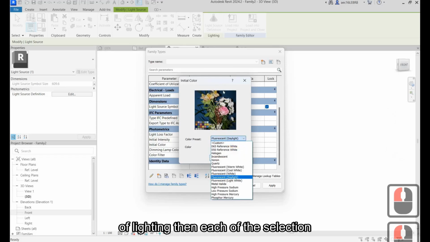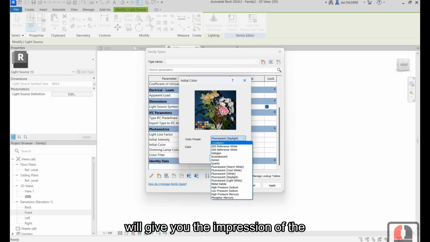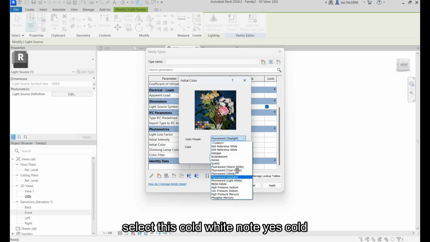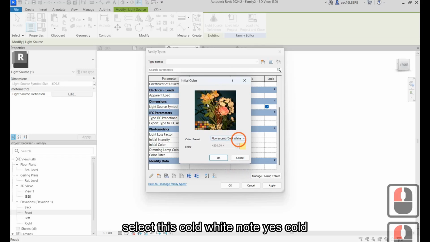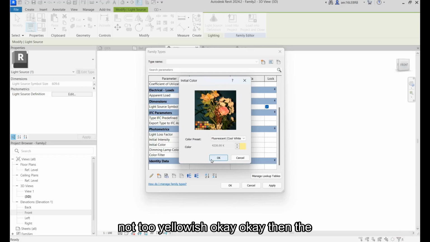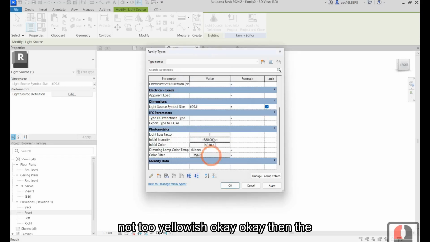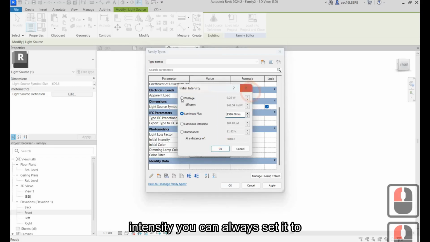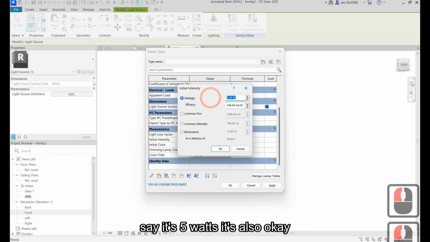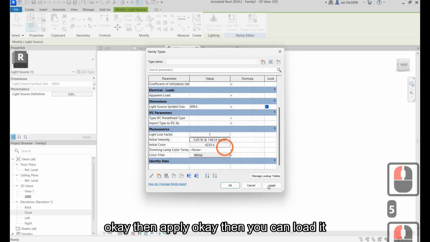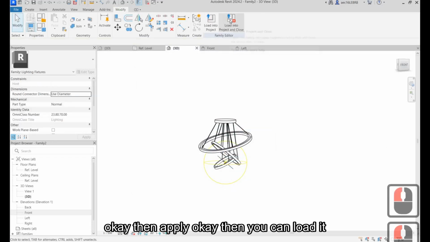Each of the selections will give you the impression of the color rendering ability of this color temperature. Let's select this cold white. Yes, cold white, then a little bit yellowish, but not too yellowish. Then the intensity, you can always set it to wattage. Let's say it's 10 watt, or let's say it's 5 watts, it's also okay. Then apply. Then you can load it back to your